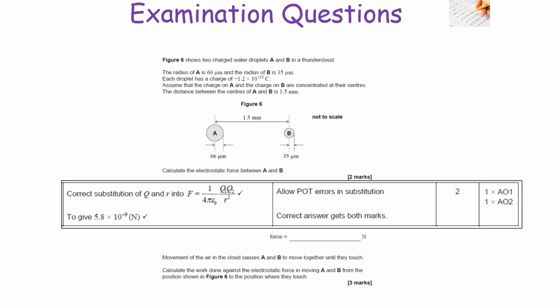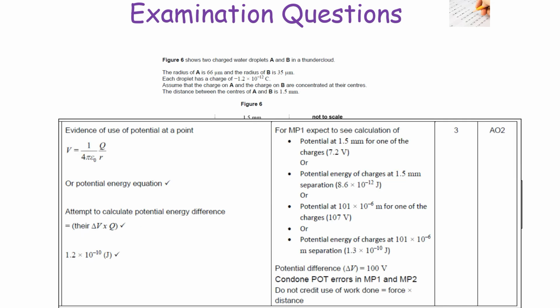Now the next one's calculating the work done against the electrostatic force in moving A and B from the position shown to a position where they touch. So the point is we're trying to work out our change in potential, so we can work out our potential energy difference. So we can say that V, our potential, is Q over 4 pi epsilon 0 r. So what you can do is work out the potential at 1.5 millimeters for one charge, so you work that through and get your value in, okay, and then at that point you can then also work out